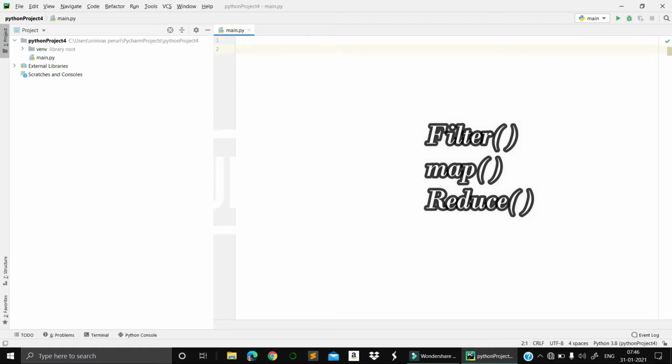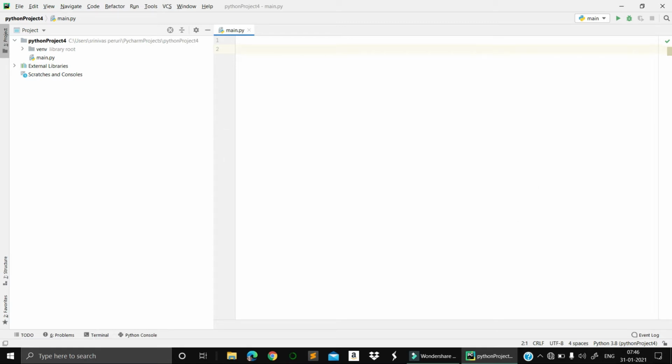Generally, when you want to know whether a number is even or odd, what will we do? We will create a function, right? So we need def, function even. I'm just creating it, and we'll take the list of values. For that we need nums, so I'll just create nums, meaning I will take the element.